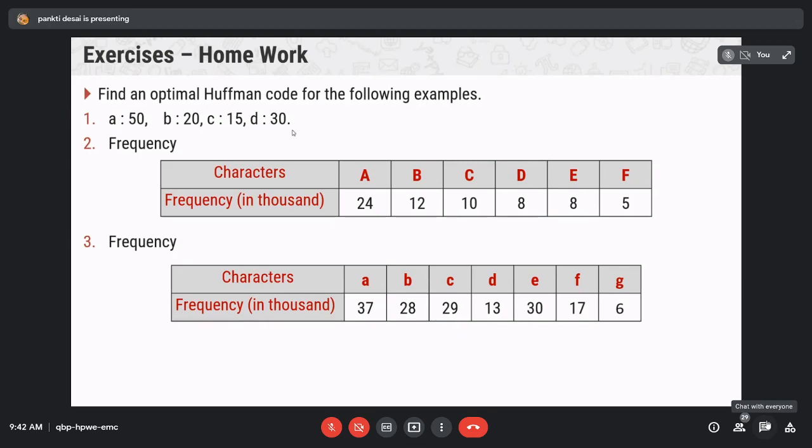Any other student wants me to cover a topic? Sequential search algorithm? You already learned sequential search in your data structures course also. Okay, no worries. We will cover sequential search again. Okay. Any other thing?